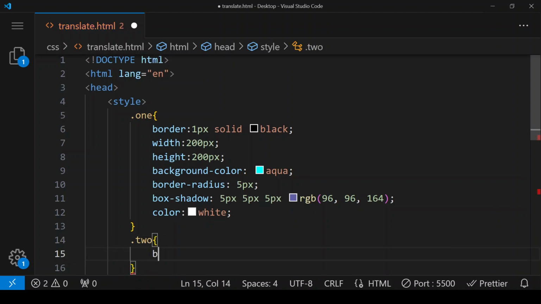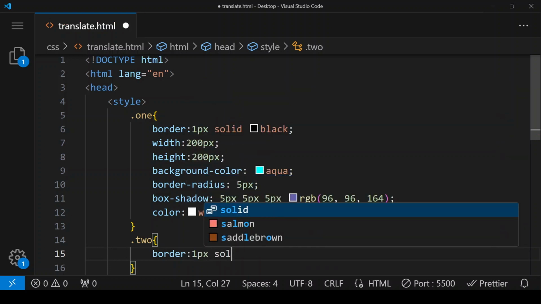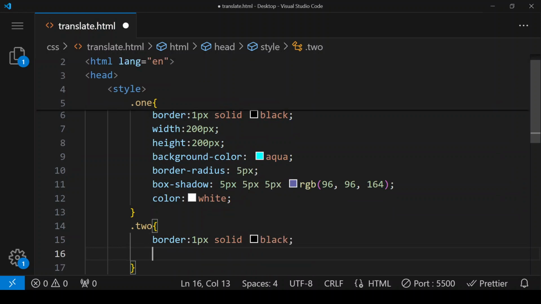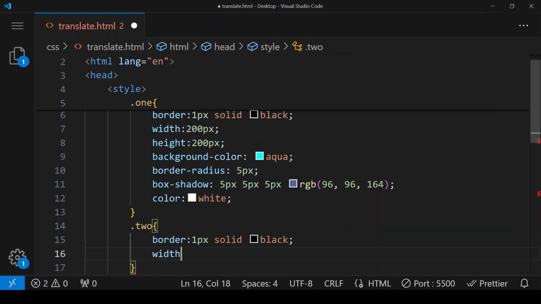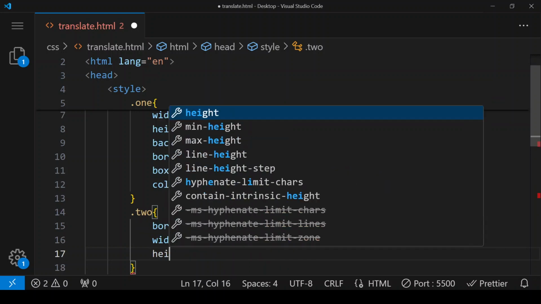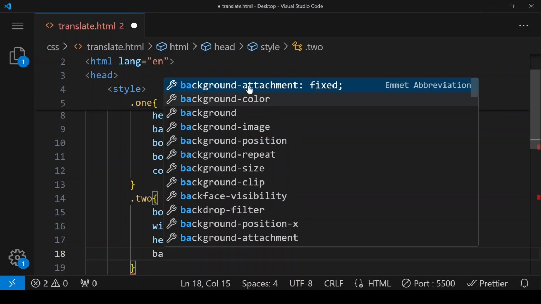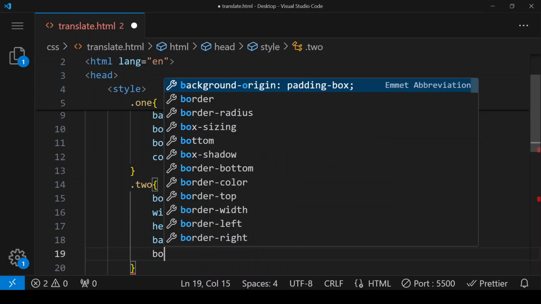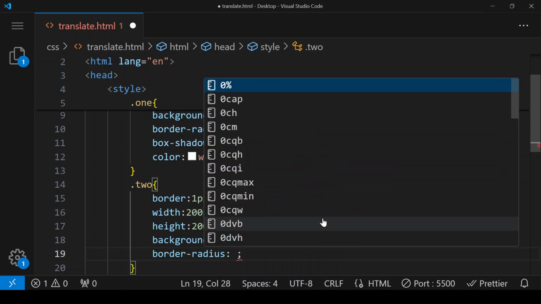Here also I'm giving border to 1 pixel, solid black, width to 200 pixel, height is also 200 pixel, background color we are choosing is aqua, border radius 5 pixel,